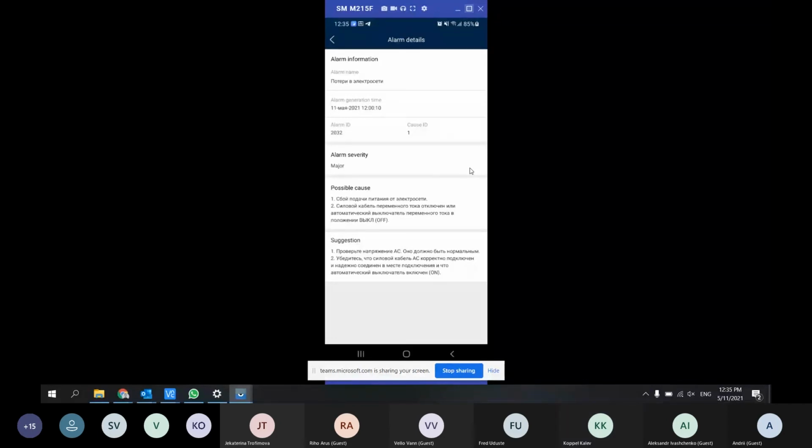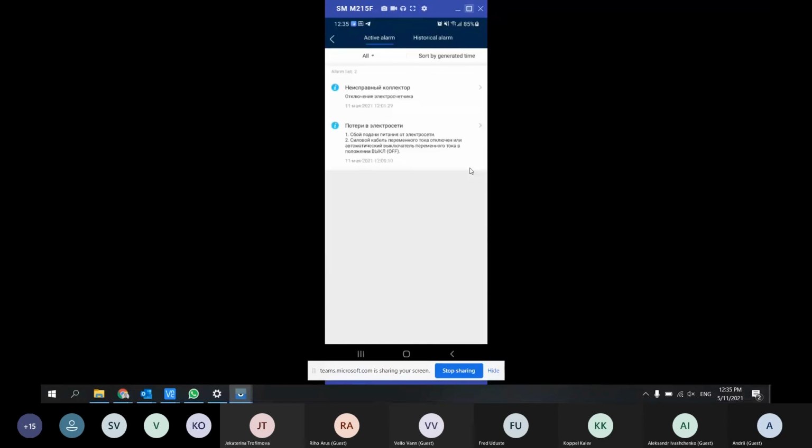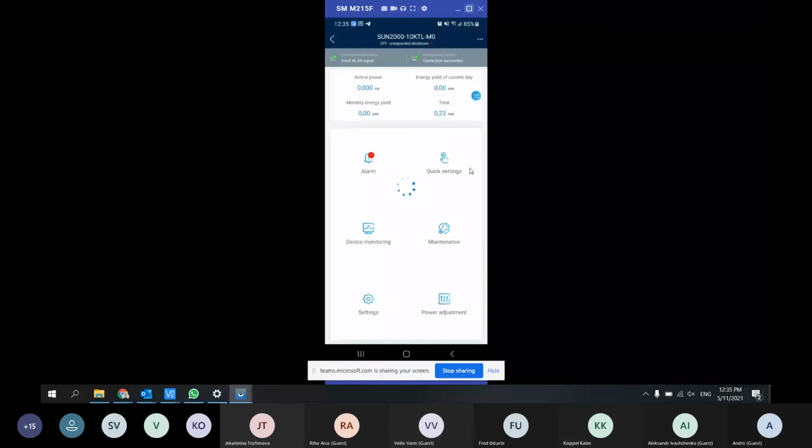So basically, with all alarms, it's working like this. For example, alarms that you have low insulation, like low cable resistance. So you need to check the cable resistance, take a video or photos, and explain to support that there is normal resistance, but the inverter shows this alarm. And together with the log, this measurement will give them a clear understanding that the inverter is faulty.